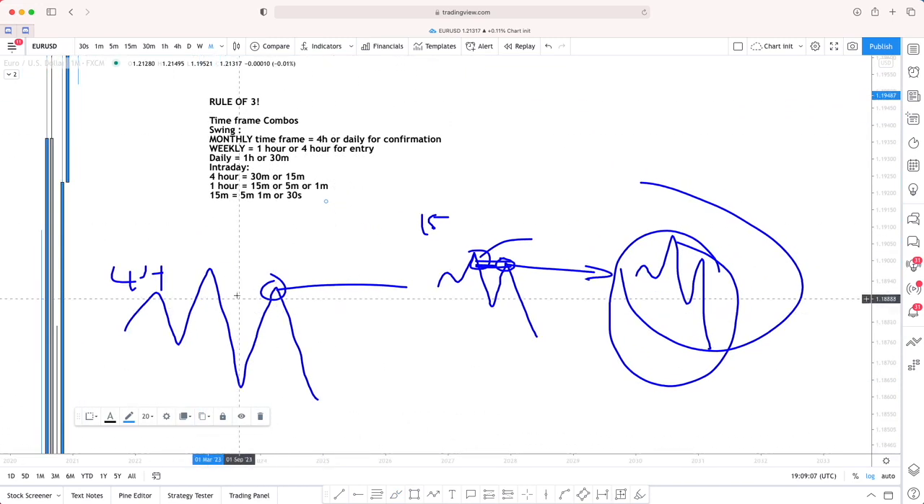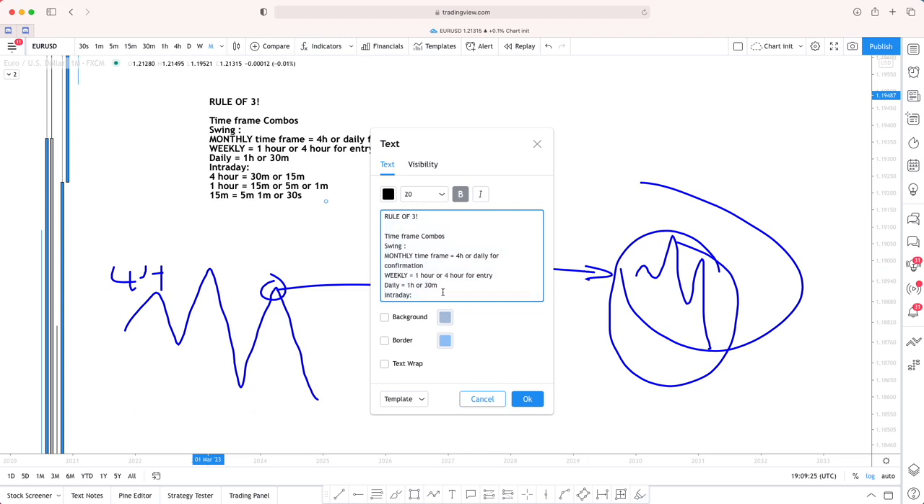So if you got a 4-hour POI, then focus on the 30-minute or the 15-minute. What I mean by that for your entry is focus on the 15-minute confirmation entry and then refine it from there. If you're looking at the 1 hour, same thing, and so on. But you have to decide what kind of trader you want to be. Actually, one thing I forgot to add,